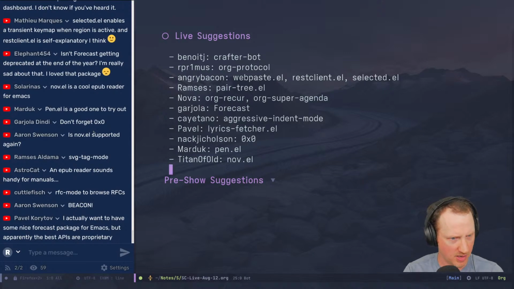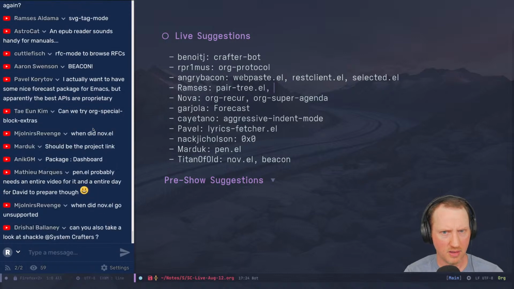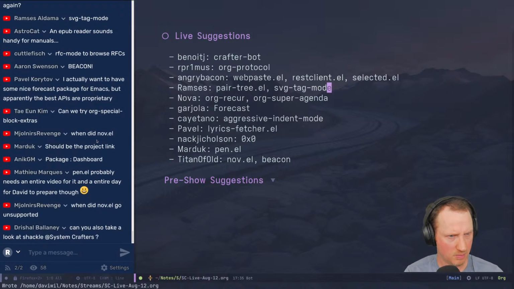So I have some beacon. Is beacon built in? No. Yeah, beacon's kind of interesting. SVG, is that the one that, let's see, package, yeah, dashboard. I think everybody knows about it.